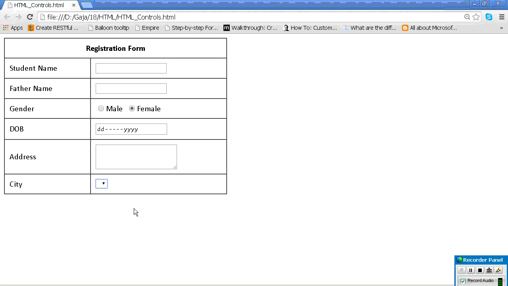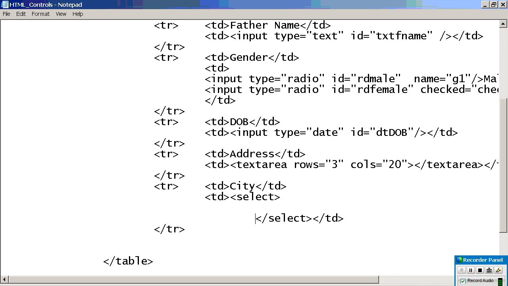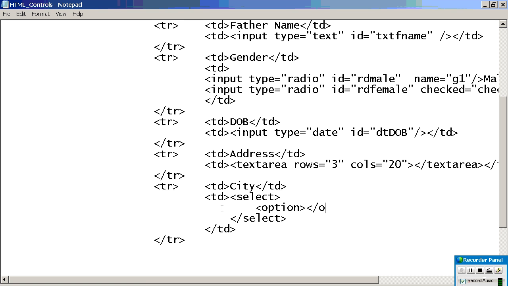What you got is an empty drop-down list. Now you want to fill it up with options. In the name itself it is there: what you need to fill up? Options. Are you understanding? If you want to select something among some group, what do you need there? Options. So very simple, what you need to write is option, in the option.